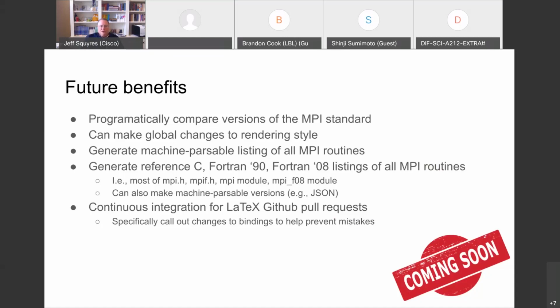I can say specifically that over the past 10 years, we found a handful of errors in the OpenMPI Fortran 90 and Fortran 08 bindings. And you only find that when a user finds out that it's wrong. If we actually have a reference that we can either directly slurp into our implementation or compare against our implementation, that would be fantastic. And you can also do some continuous integration, right? So you can find out if you accidentally changed a binding or added a binding or deleted a binding or something like that. There are some continuous integration for pull requests possibilities here that are pretty cool.